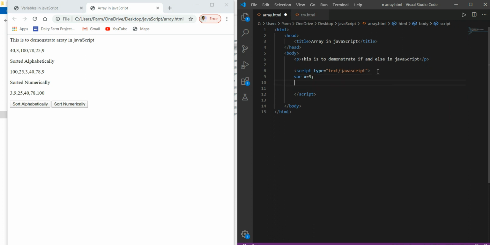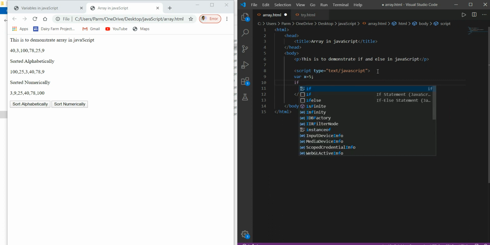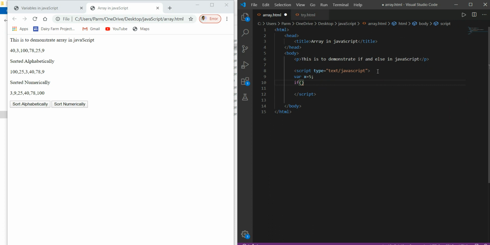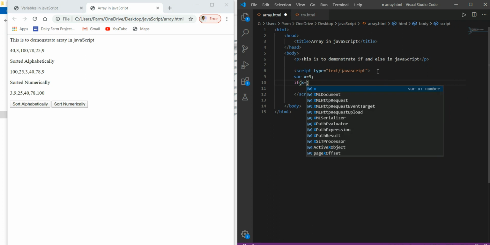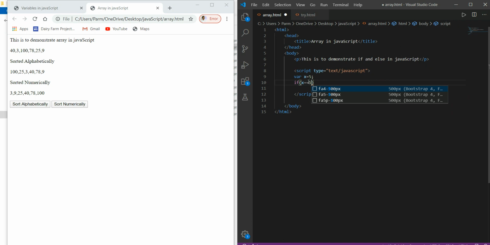Now, how to use if: I write the statement if, then after that we make the parentheses, and in the parentheses I write x is equal to 5. Look at the difference between these symbols.